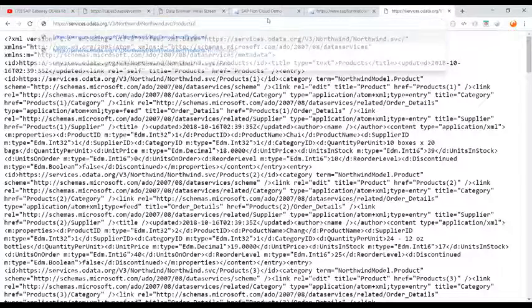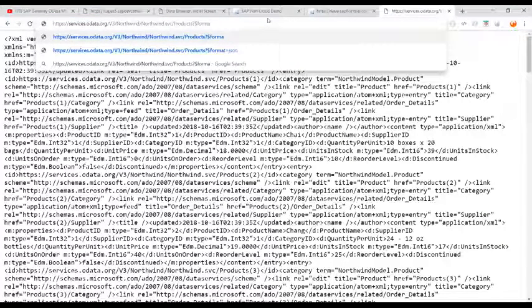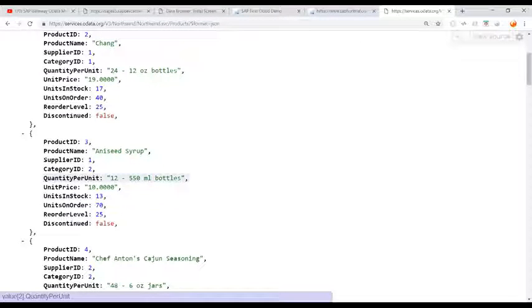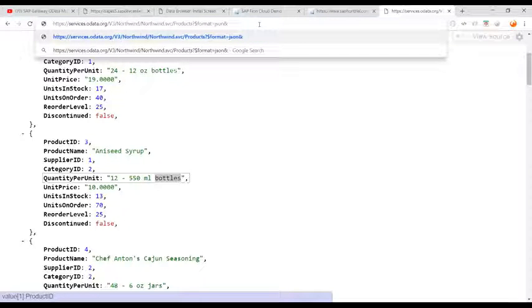I want to load it in JSON format: question mark, dollar format equals JSON, press enter. You see, आ गया. Now I want all the products whose quantity per unit contains bottles. Okay, I want all the products which quantity per unit contains bottles. ये support करता है. Dollar filter